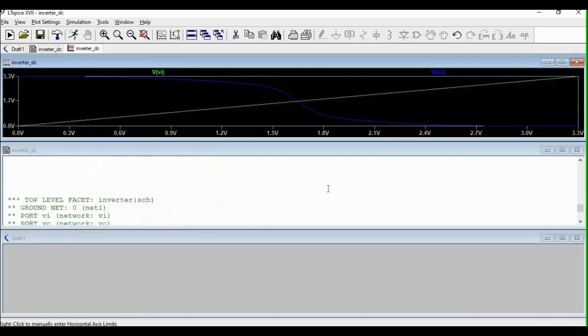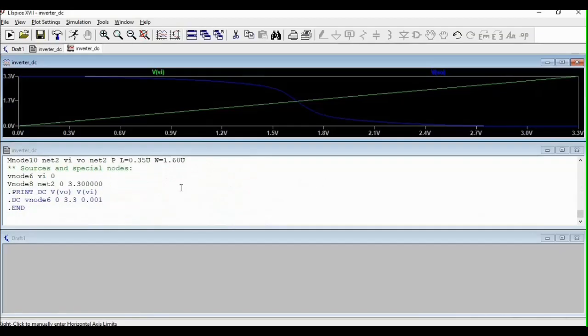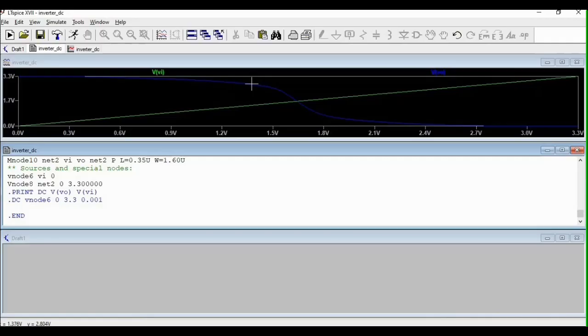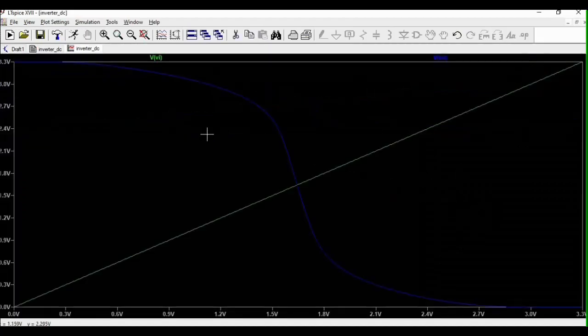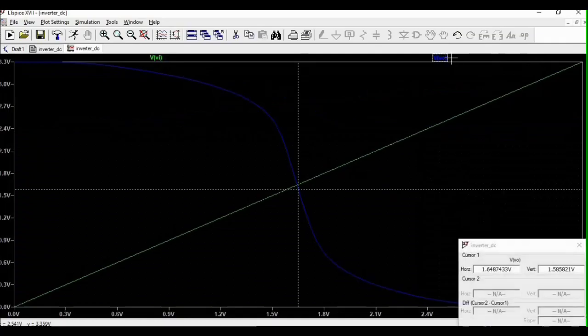For this one, after DC V node 6, instead of manually solving for the VIH and VIL, as well as for the VOH and VOL, we could, for example, use V out.